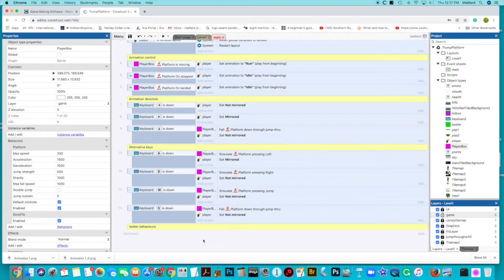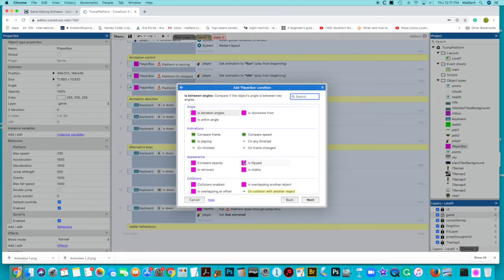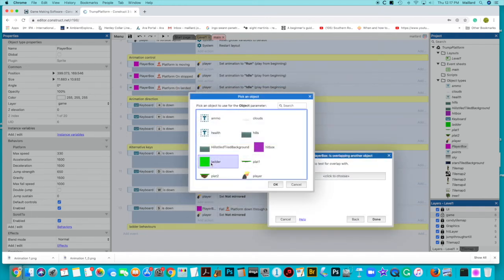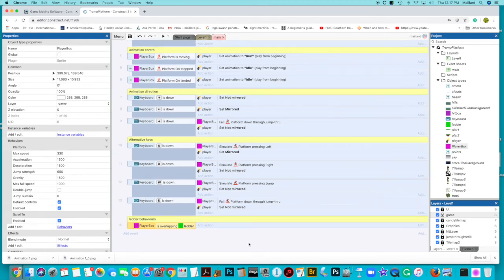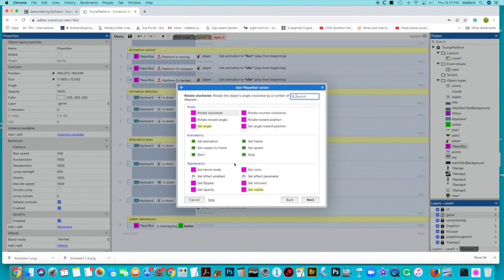So I'm going to add an event, player box, is overlapping another object, and that would be my ladder. And then what I want to do is control my jump strength. So add action, player box, set jump strength,